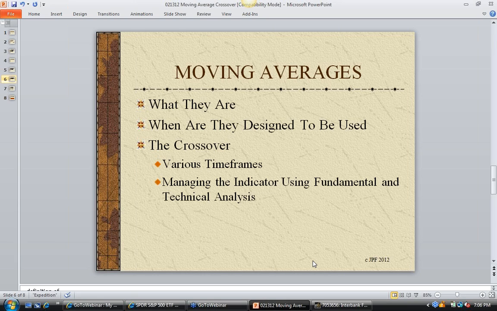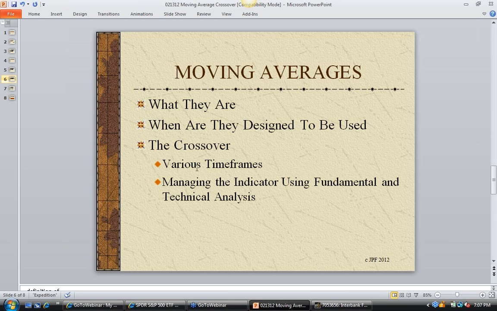So moving averages, just in their name, moving average, an average of those prices. I'm not going to get too much into the definition because that's something that you can Google if you really want to know what makes up the moving average. But the most important line here, when are they designed to be used? It is a fact that moving averages are used more often in trending markets. They work better for us in trending markets. You can do variations of them. All of these indicators can have their own variations, and that's what I'll talk about in a couple weeks as we go into a study called moving average convergence divergence, otherwise known as MACD. But for the most part, moving averages are typically used in trending markets, and you're going to see that when we get into the IBFX platform.